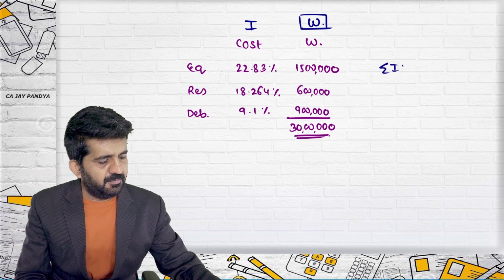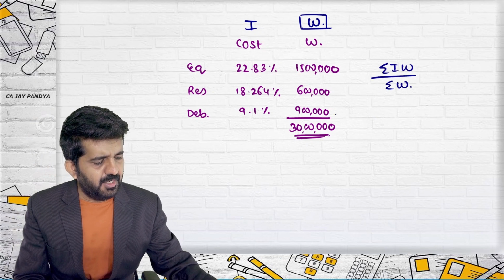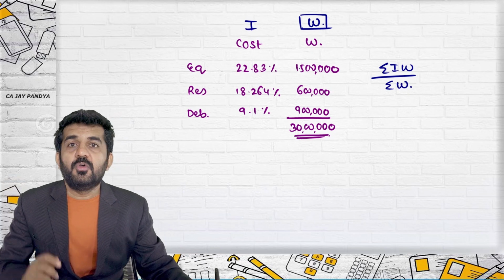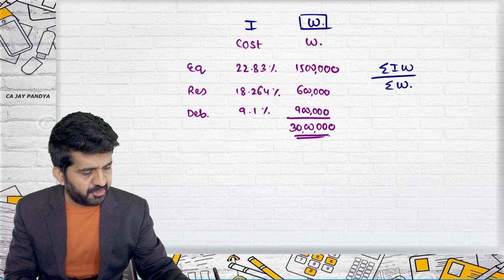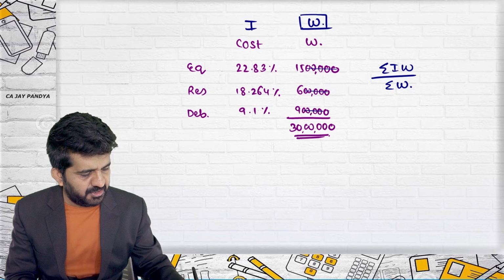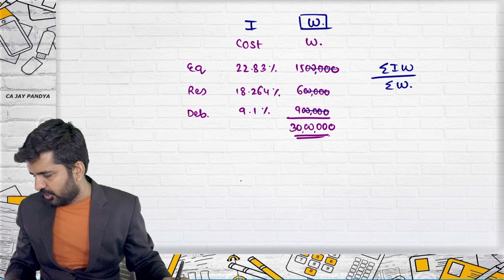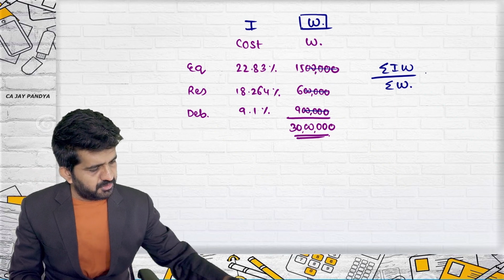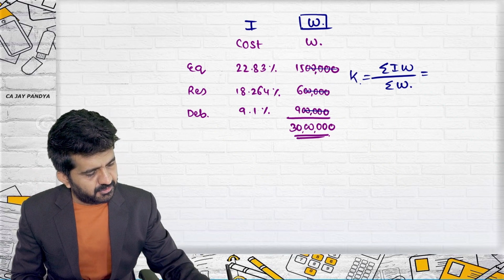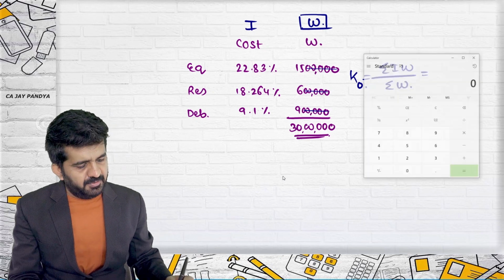Find out sigma IW divided by sigma W. As I told you, weight in ratio is important, so you can cancel out the lakhs figures. I'll have to do it this way because in the book it is given in different methods. So KO, is it all right, will be equal to